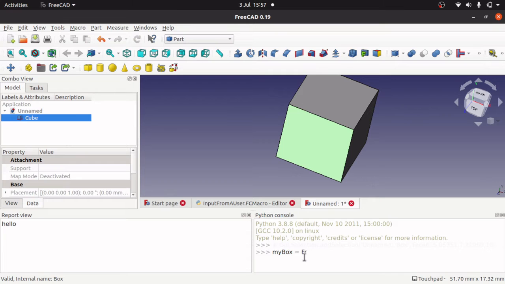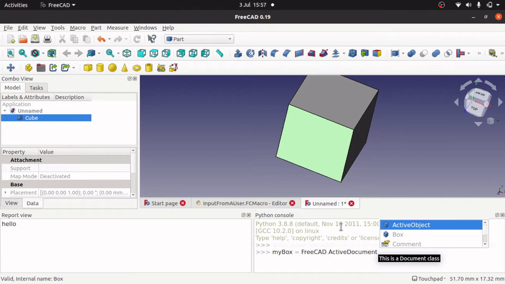And then we need FreeCAD dot, and there's dot notation coming in, ActiveDocument dot. Now we've got a choice here. We can use ActiveObject, so whatever object that's active, or we can call it by name. And we can call it by name by getObject. And this one here,